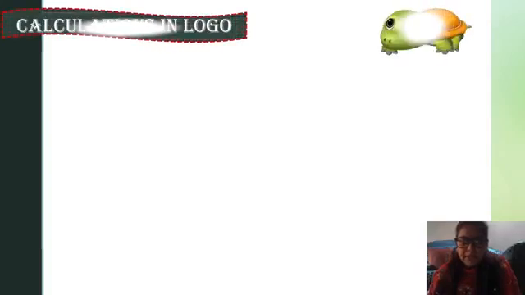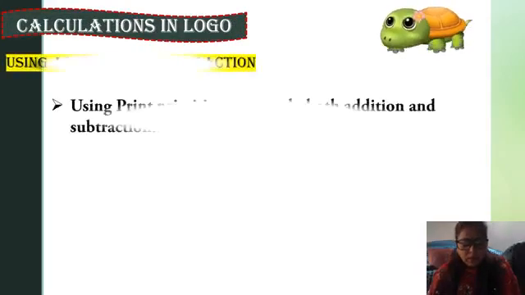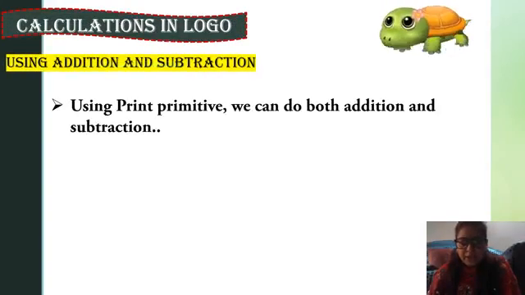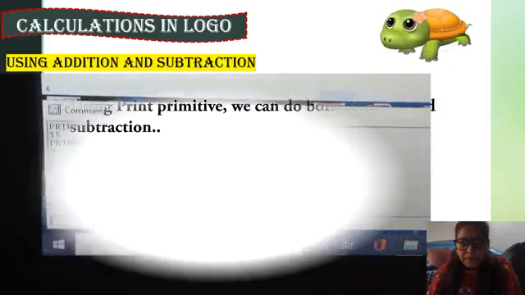Okay, next is using addition and subtraction. Means you can do both functions in the same print command. Like using the print primitive, we can do both addition and subtraction. Let's see practically.